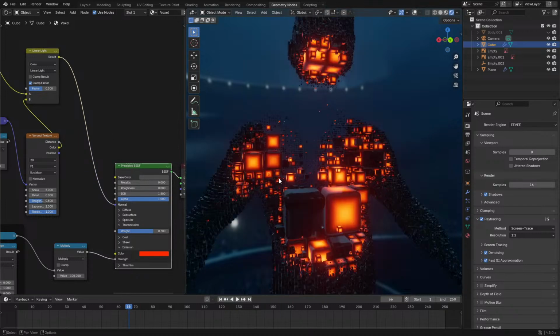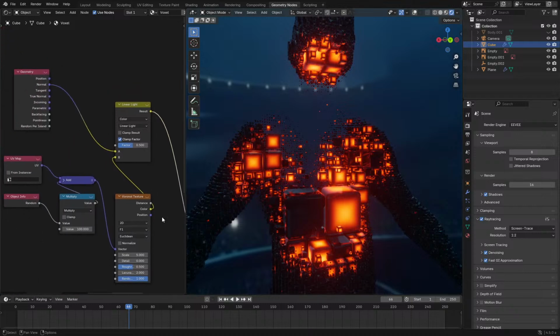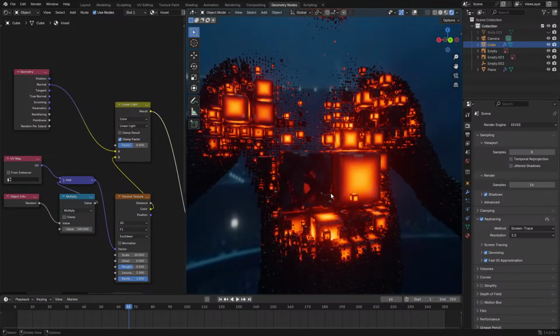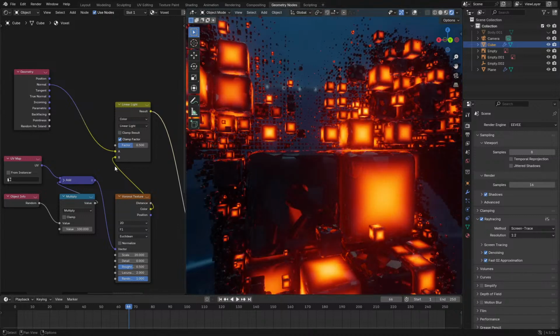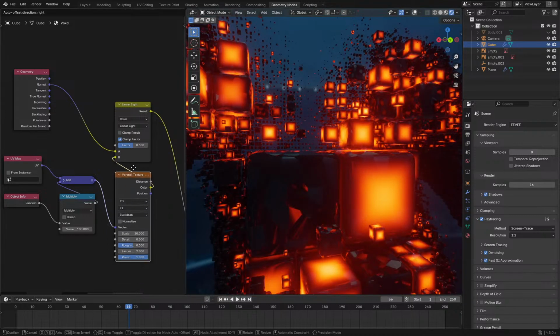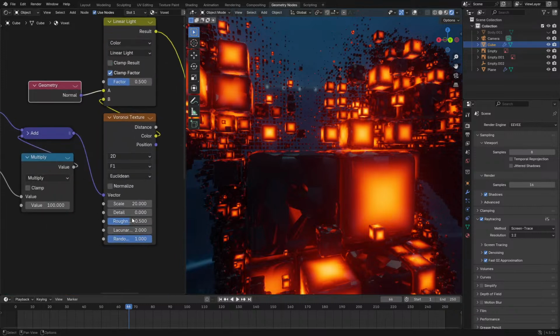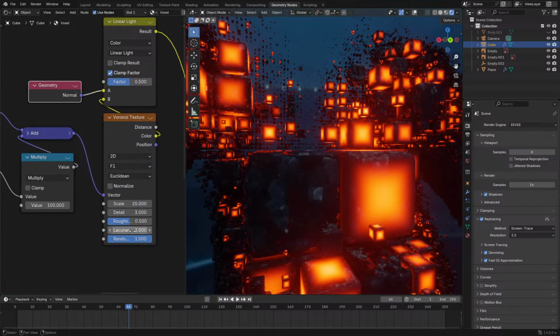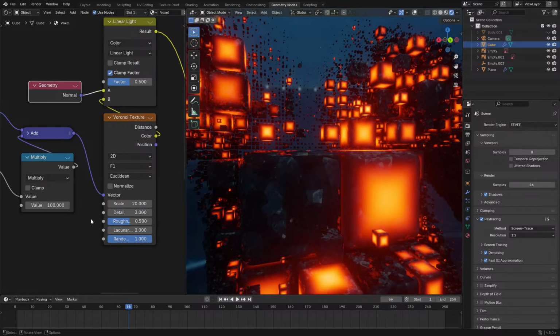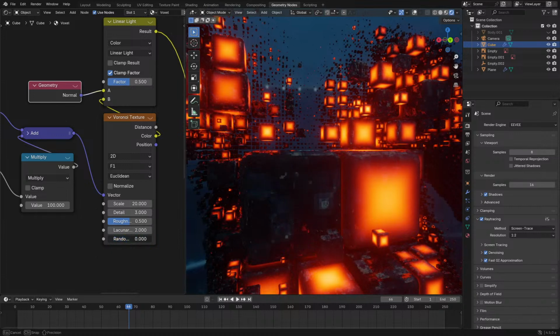So let's take a look at this. We should see that if we scale this up by a bit more, all the cubes look a lot more fractured. I was going to say fractal or fractured, and then I mixed the two. If we turn up the detail, it can look a bit better. Turn down the randomness, and then